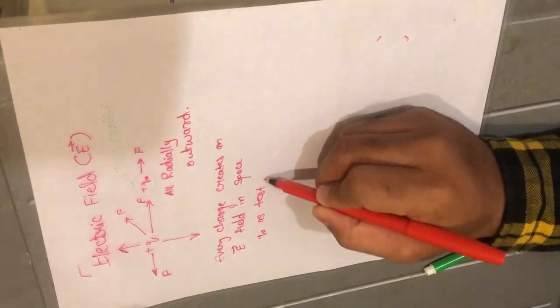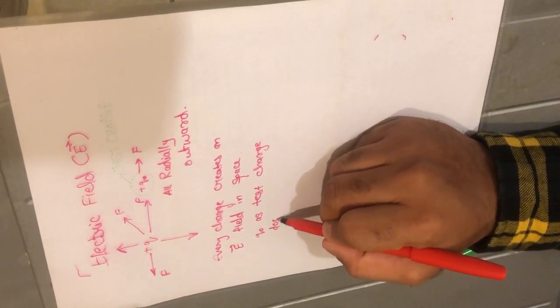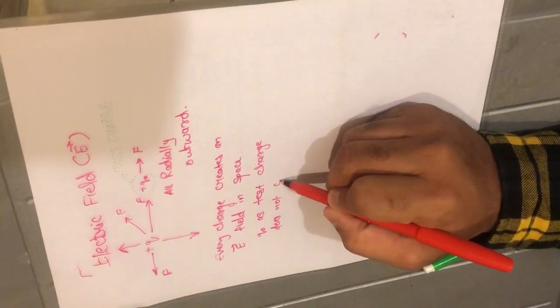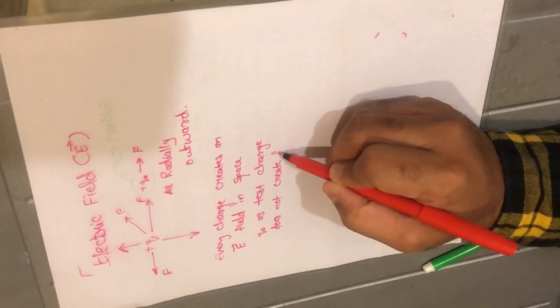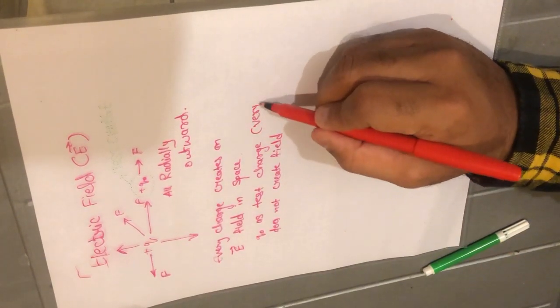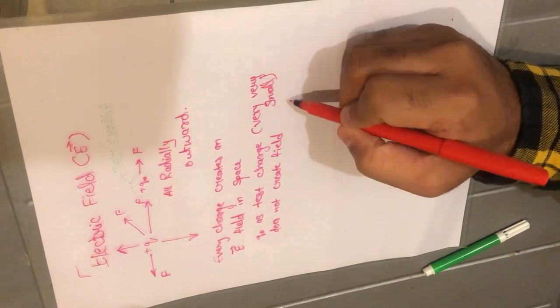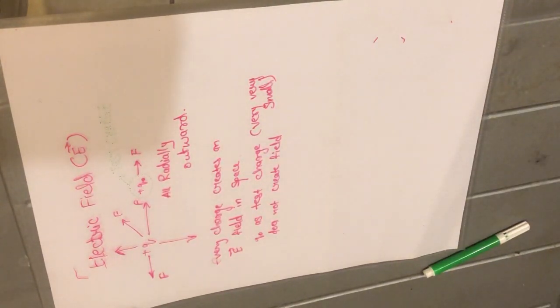So, for example, if we have a source charge which is bigger in value, we already know that it is bigger in value, but we don't know whether it is a positive or negative charge. So what we are going to do is take a test charge and put it in the proximity of the source charge. If the test charge is getting repelled away, you know what type of charge the source charge will be, and if it is attracted, definitely it will be a negative charge.